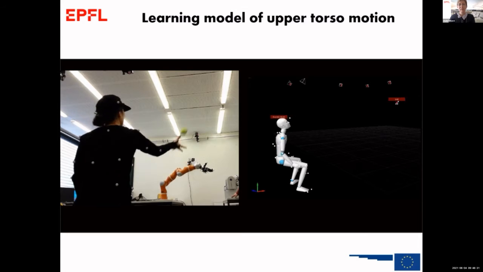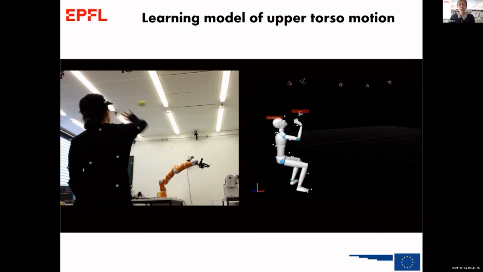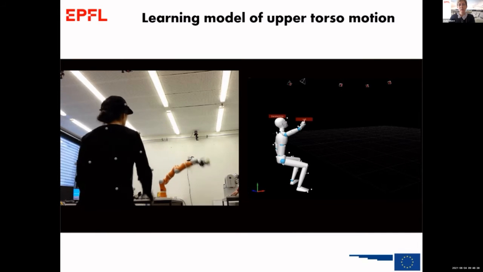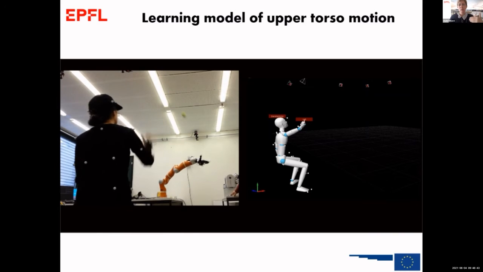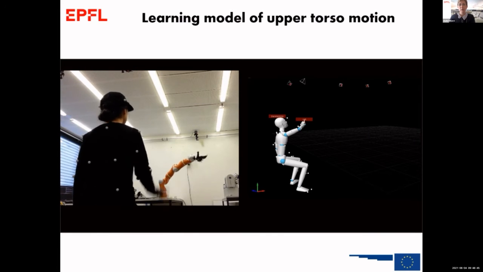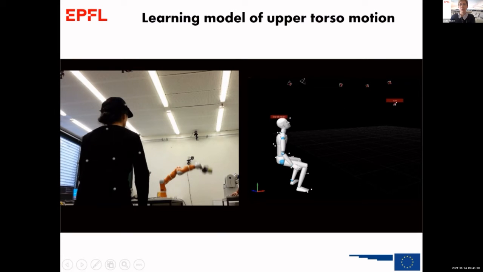So in order to give a little bit of knowledge to our system, we went back to human demonstration. We asked people to catch objects in flight, as you see here, and we tracked the whole body motion, actually mostly the upper torso. So that's what you see also on the right-hand side. I'll just play that. So we have a fairly accurate representation of the motion of the arm, the torso, and the wrist. And we use this as a nominal system to learn the dynamical system that controls the torso, the arm, and the